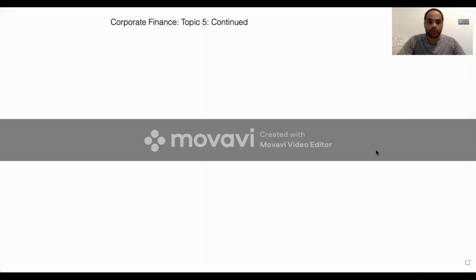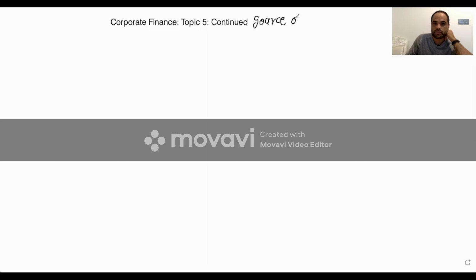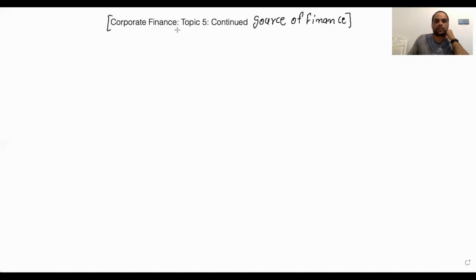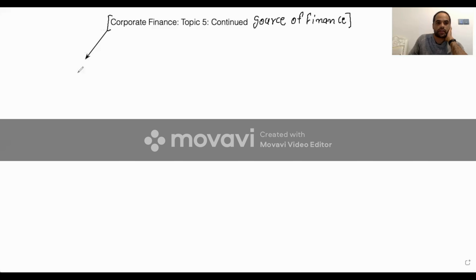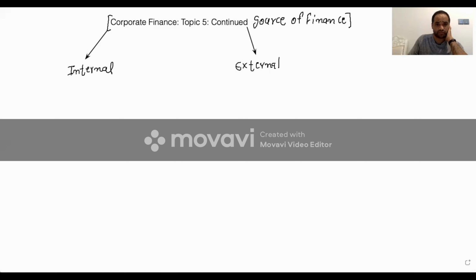So in our previous lecture, we already started discussing our topic 5. Topic 5 is source of finance. In this topic, we discussed two different types of source of finance, right? Internal source of finance and external source of finance. And we discussed in the previous session that we have three different types of internal source